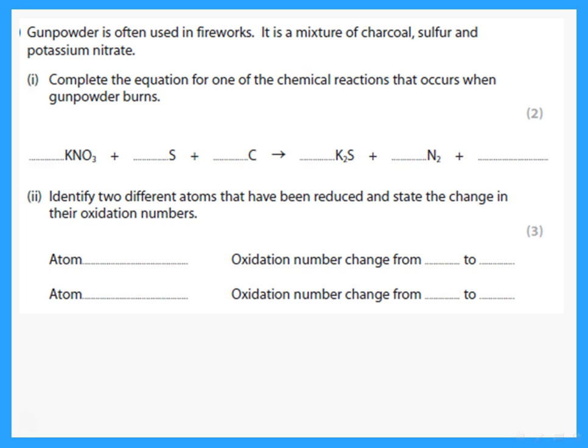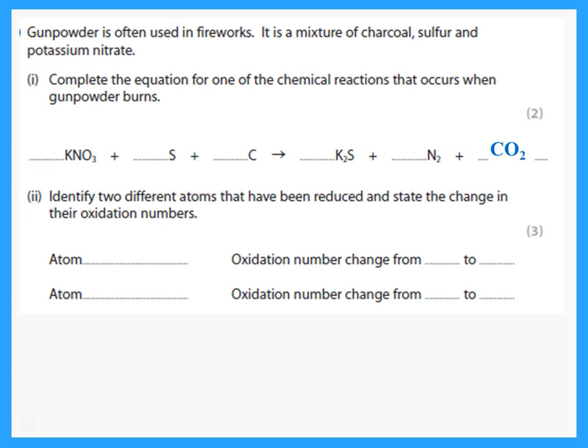Here he's saying complete the equation for one of the chemical reactions that occurs when gunpowder burns, whatever. So first of all, this is burning. And when you have burning of all of these things, he has something missing at the end of the reaction. Well, if I burn carbon, what am I supposed to get? Carbon dioxide. And then I balance. You remember how to balance, right? So after the arrow, I have